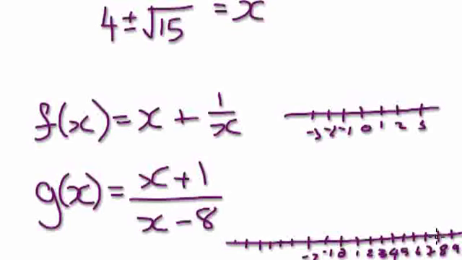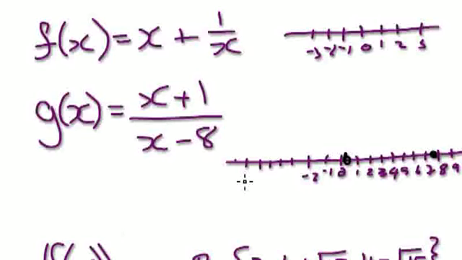So it breaks down at this point here, and then 4 minus 3.9 ish. Well, 3 point something. So it's going to be 4 here, and then 1, 2, 3, and then it breaks down somewhere around here. So this is the other point that it breaks down. Okay. So the domain for, hang on, the domain for